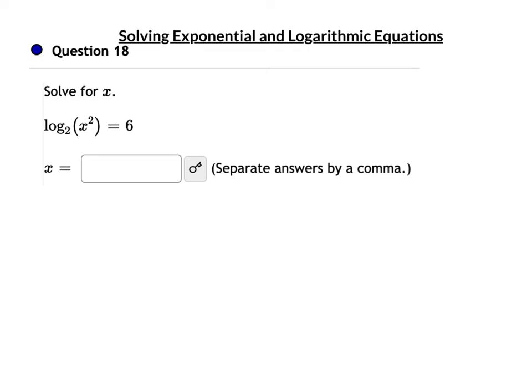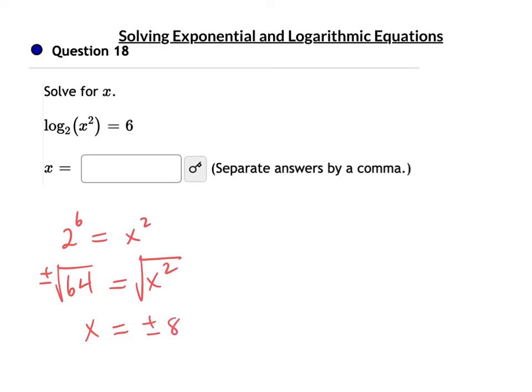Another one, same idea. 2 to the 6th power is equal to x squared. 2 to the 6th is 64 equals x squared. We'll square root both sides and put our plus and minus out in front. And x is plus or minus 8. So that would be 8 comma negative 8. While we're at it here,